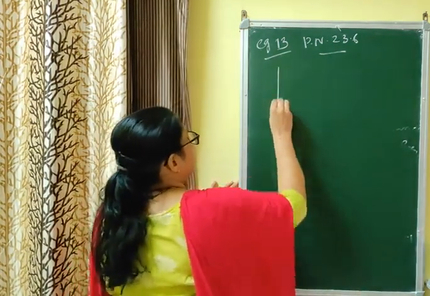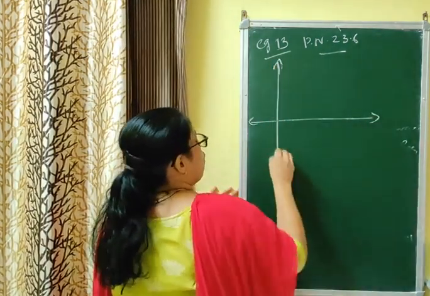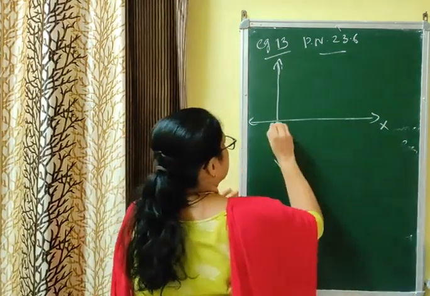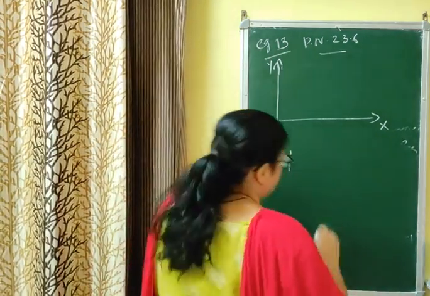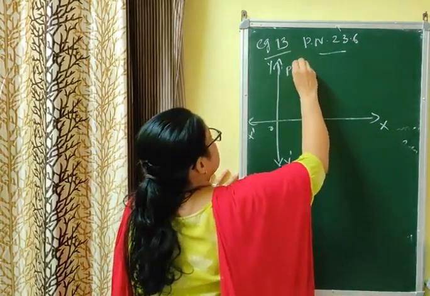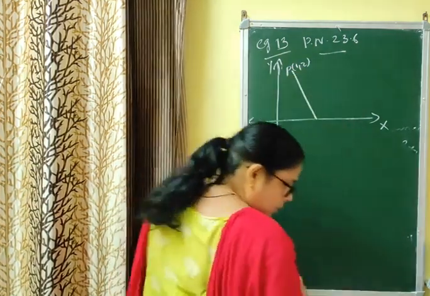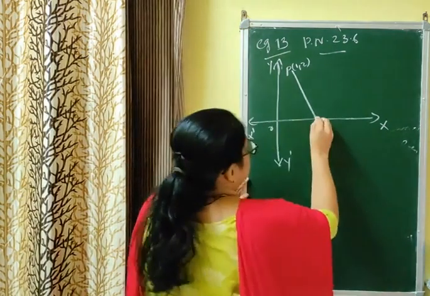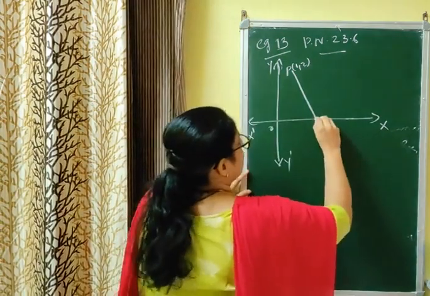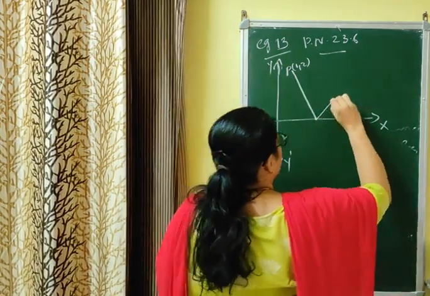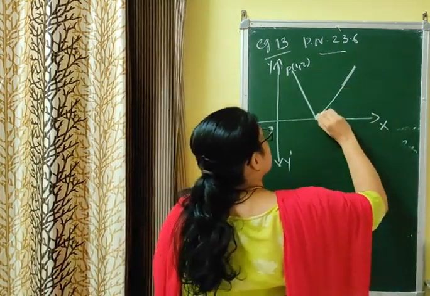That means there is a ray. The ray is passing. We are considering all things in 2D. That is why we have to draw Cartesian plane. Now you are given that there is a ray passing through P. Let P be the point 1, 2. There is a ray passing through the point P, reflecting on x-axis. X-axis पर reflect हो रहा है. Then reflected ray. After that reflected ray. This is the angle of incidence. This is angle of reflection. यही मैं बता रही. Sorry. This is the incident ray. This is the reflected ray.